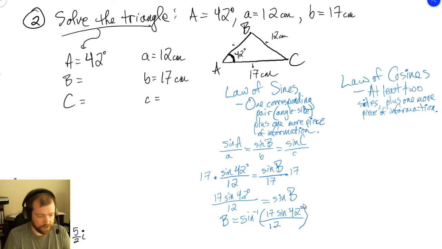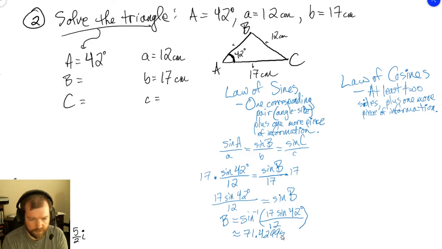As long as your calculator is in the right mode, you are going to get inverse sine of 17 over 12 multiplied by sine of 42 degrees. You're going to get the value of 71.42995302224